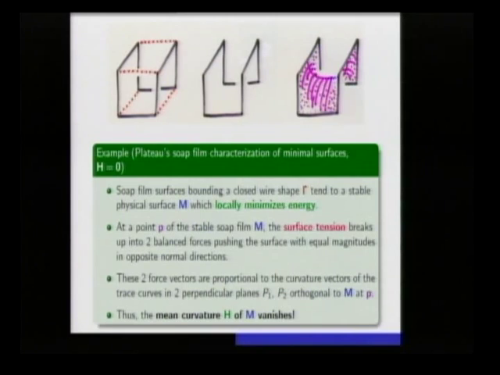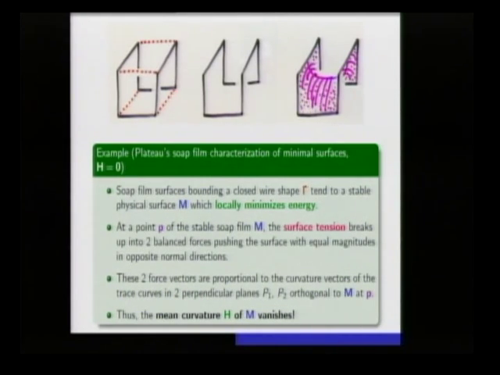So a soap film, of course, is made up of water with other molecules in it. And the water molecules want to attract to each other, right? And they form a film that doesn't pop right away because you put some soap in it. So the molecules want to attract each other, and they're pulling towards each other, but at the same time, you have to attach to the boundary curve. So there are these forces. This is caused by surface tension. And these forces